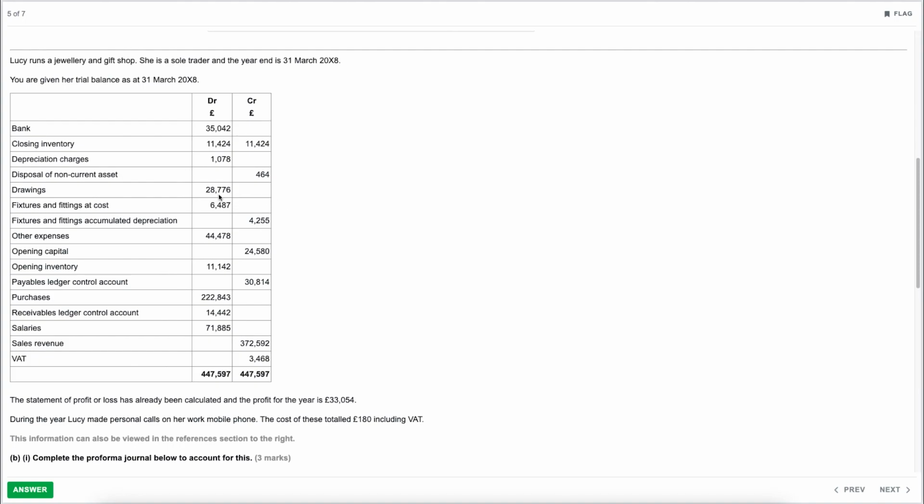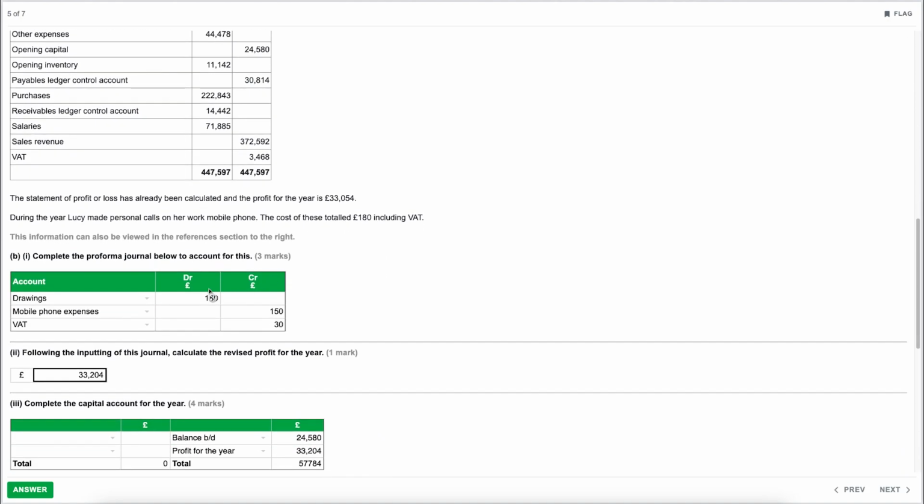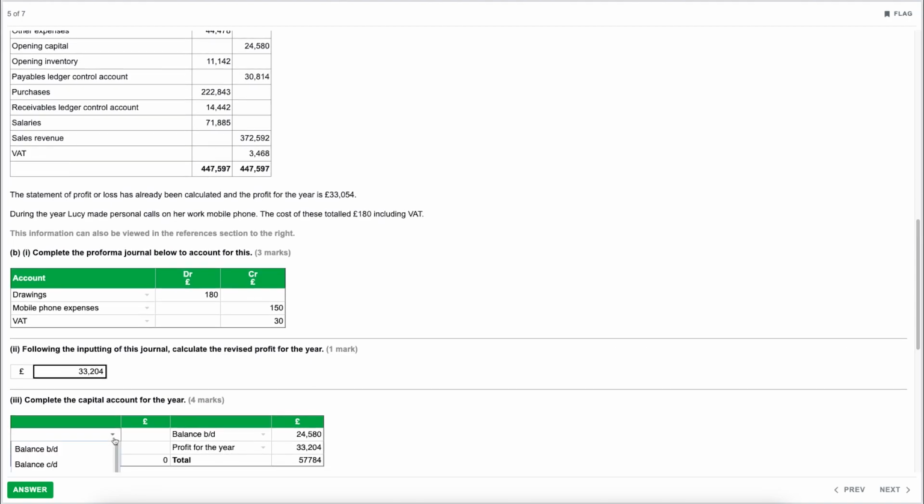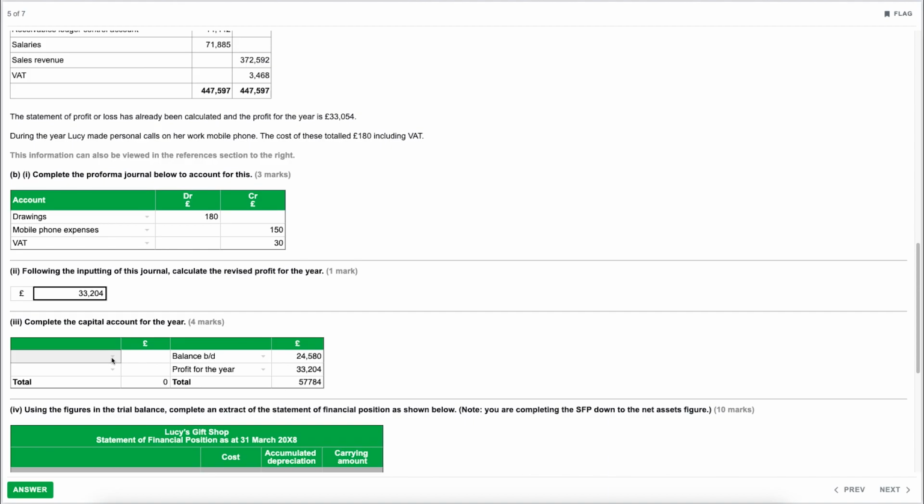So it would be 28,776 plus 180, because we've debited it for a further 180. So that means our new drawings balance, again, let's just scroll down, would be 28,956. So the last step on here would just be to close off the account by doing the balance carried